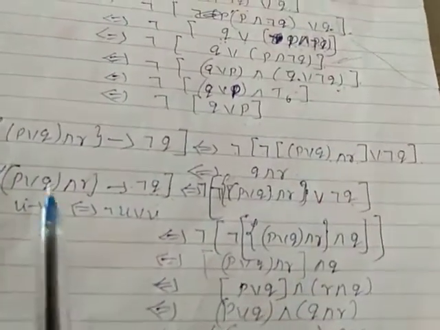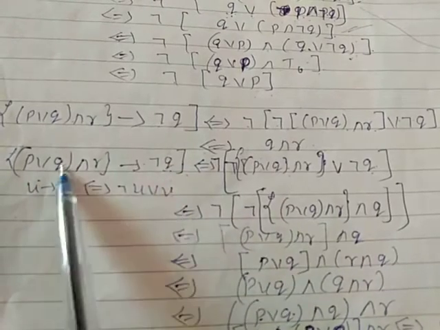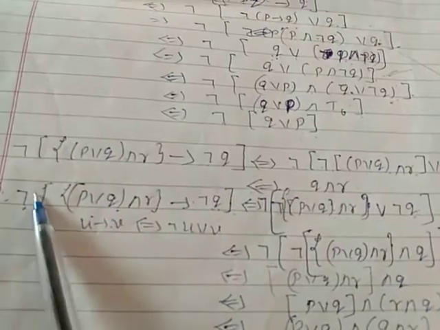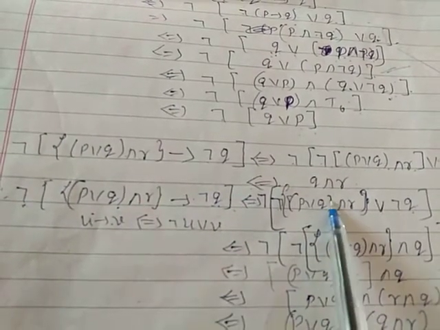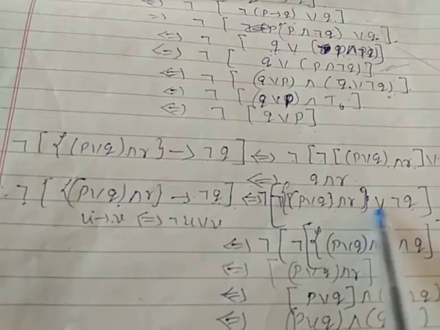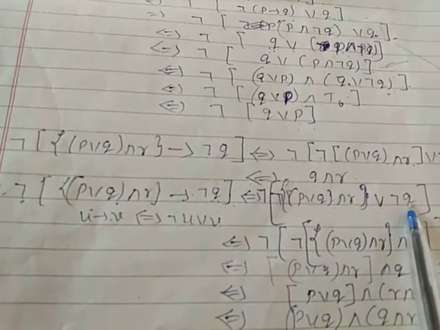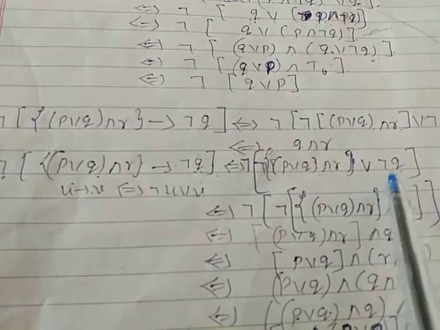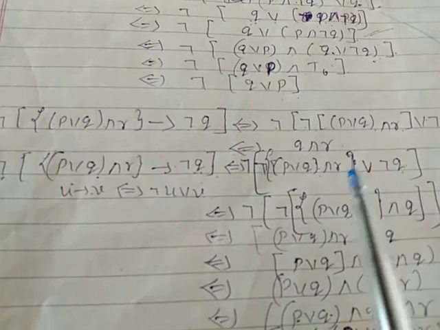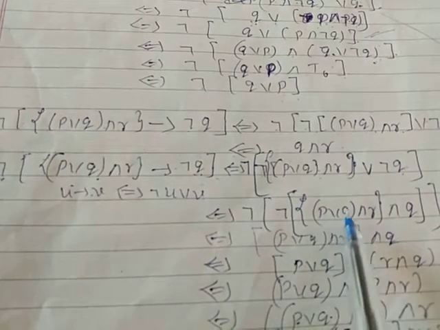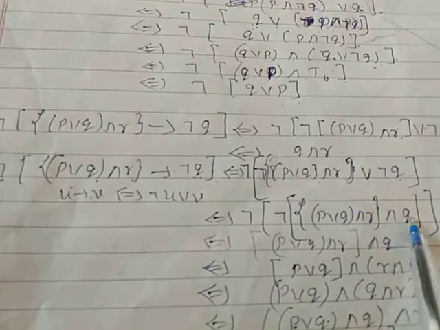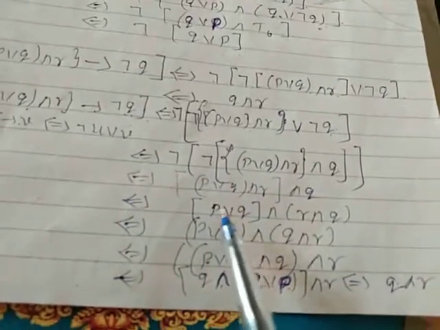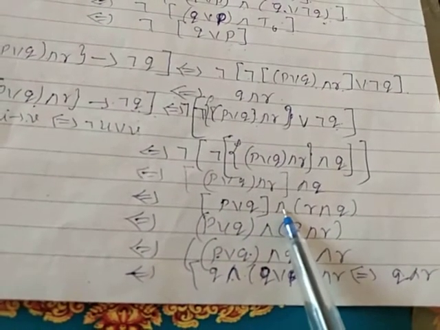I am just repeating here once again. P implies q, means u implies v is negation of u or v. Apply that property here and keep your negation as it is outside. Negation of u means negation of p or q and r, or v is negation of q. So negation of u or negation of v is equivalent to negation of u and v. That is negation of p or q and r and q. So the double negation is cancelled here. Now p or q and r and q.